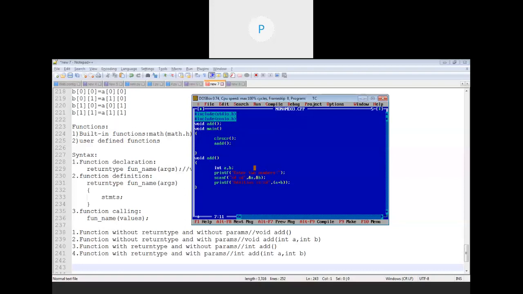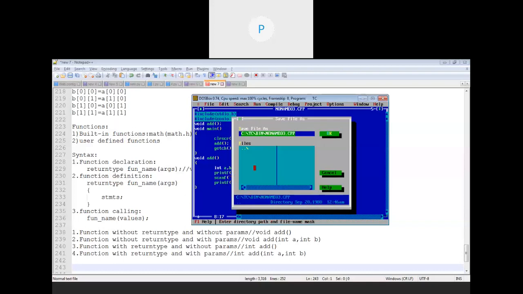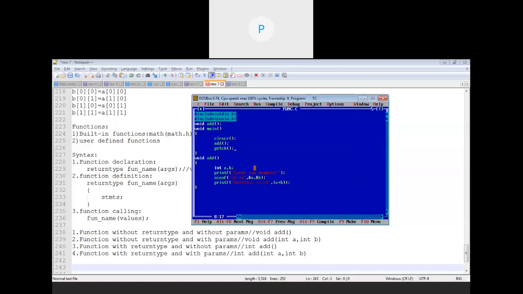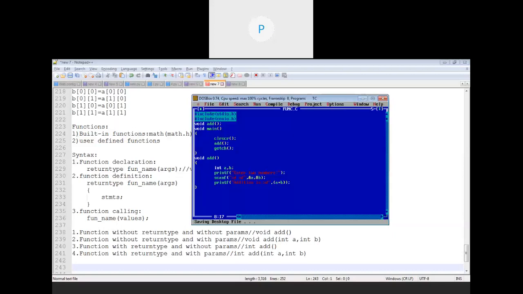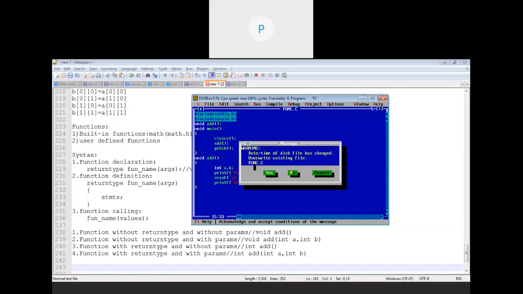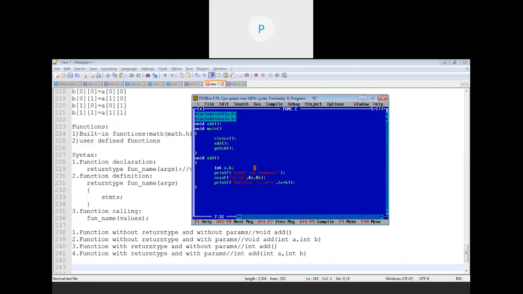Add, and the last one is getch. Function call. So you can see it directly invokes that function, and the addition is performed. Okay. Similarly, if I want, I can perform this addition multiple times.